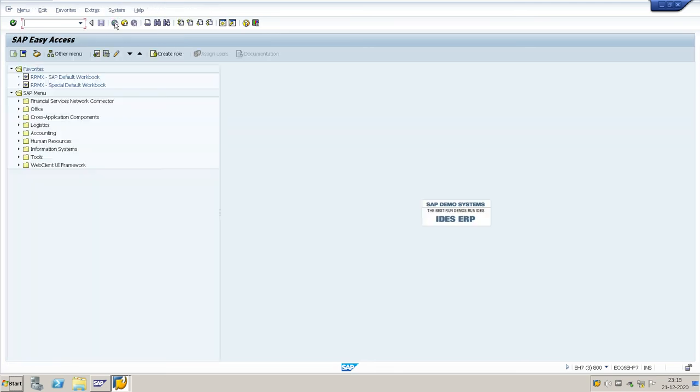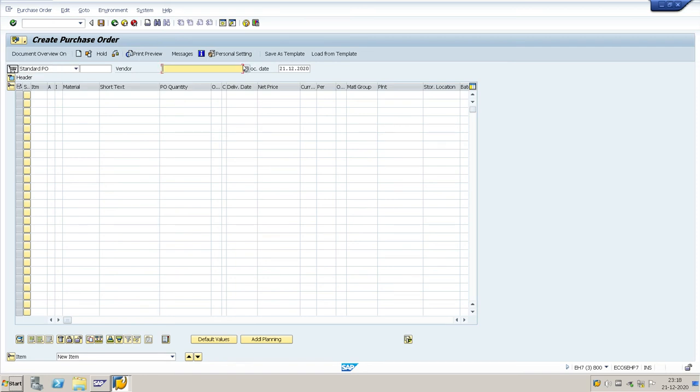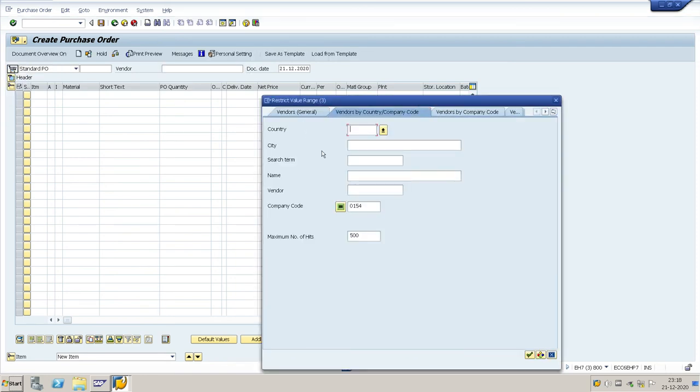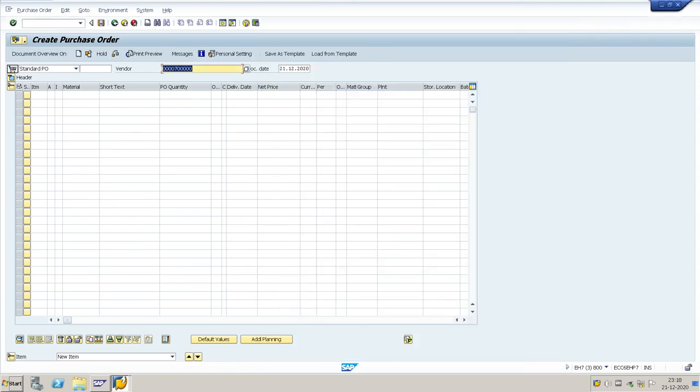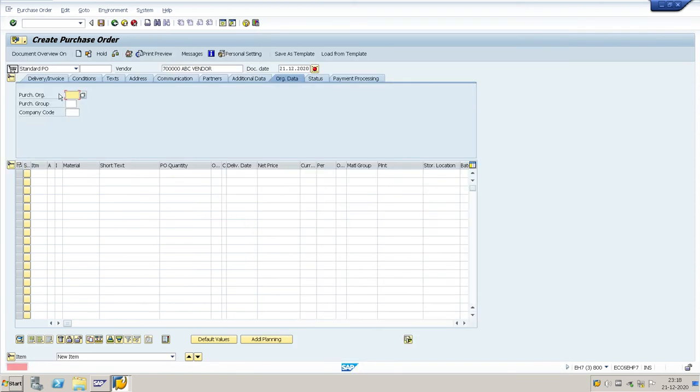Now we create a PO for the subcontracting process using ME21N, and we select the vendor. Inside, enter the purchase organization KEPA, purchase group, and company code.